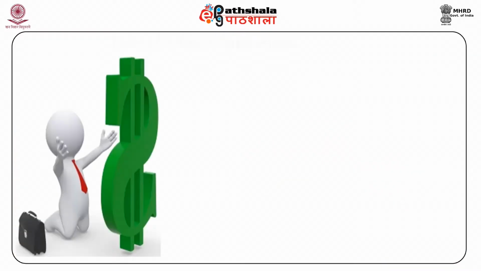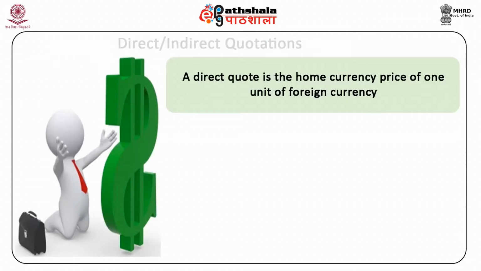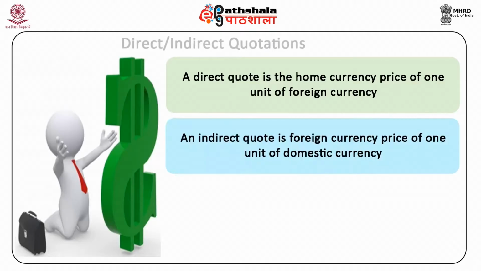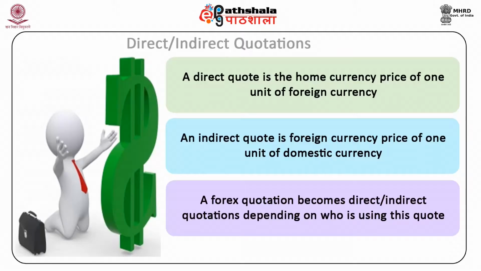First one is the direct or indirect quotation. Foreign exchange quotations can also be direct or indirect. A direct quote is the home currency price of one unit of foreign currency. An indirect quote is the foreign currency price of 1 unit of domestic currency. A forex quotation becomes direct or indirect depending on who is using this quote. For example, INR 48.45 divided by USD is a direct quotation for a resident Indian, while it is an indirect quotation for an